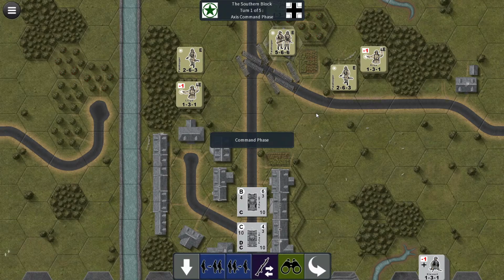So, and yeah. Let me just take a look at the chat, and we'll talk about the tanks, how they work in this game, and how tank combat and anti-tank combat actually works in this game. Right, so